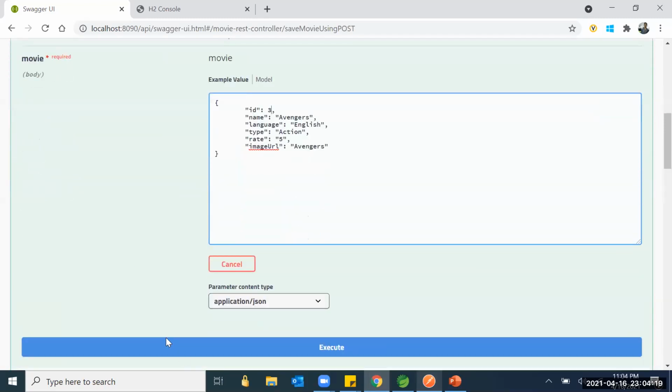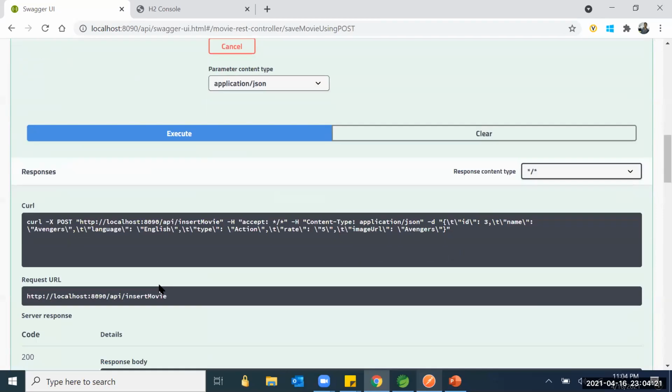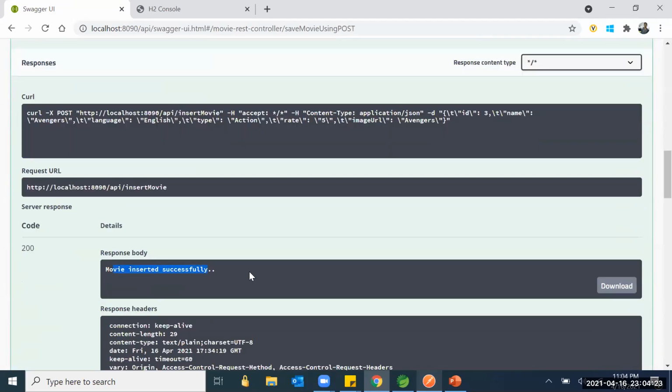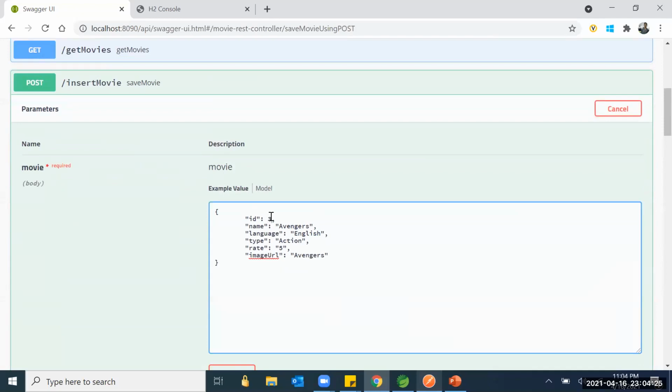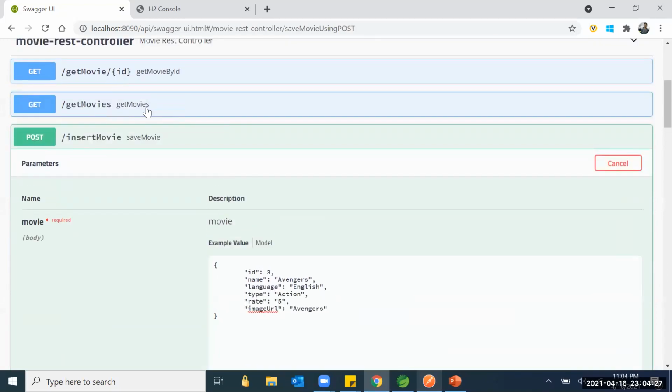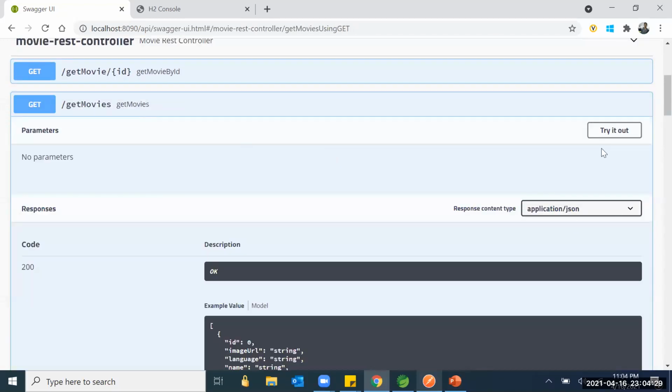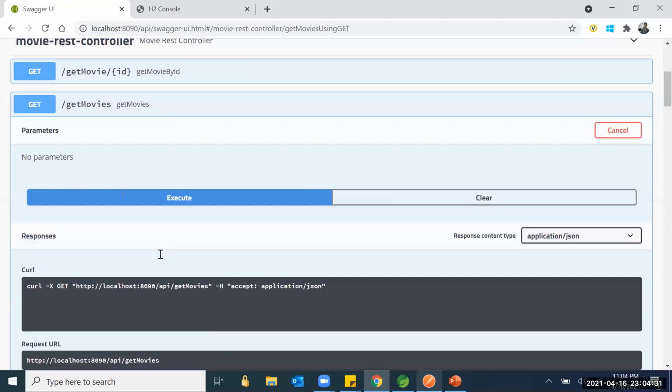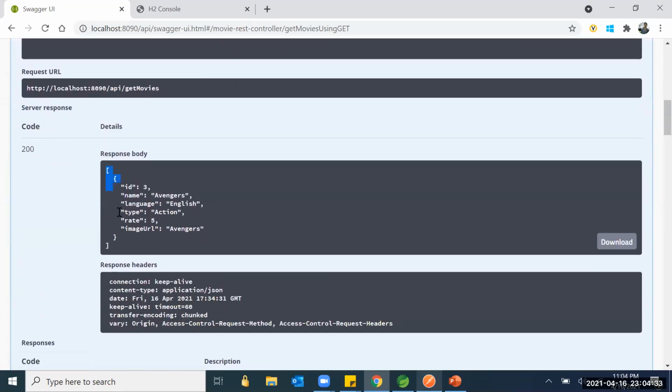Now if I click execute, movie inserted successfully. And if I give this ID, let me go to get movies and try this. It will give you a list of movies, right? This is the movie we have inserted now. This is in memory.